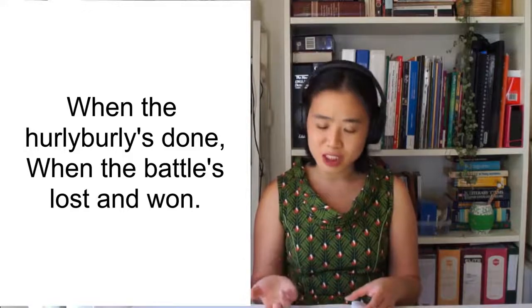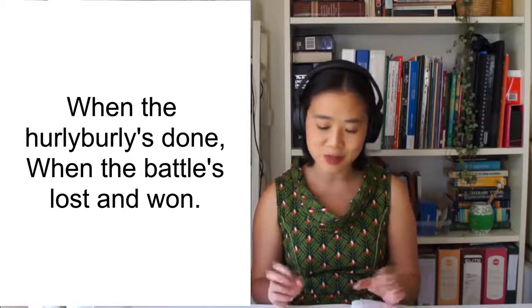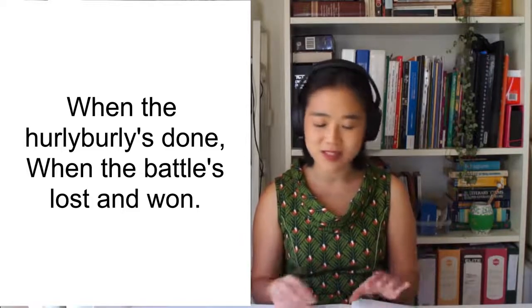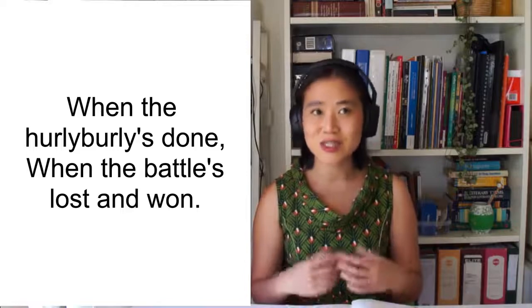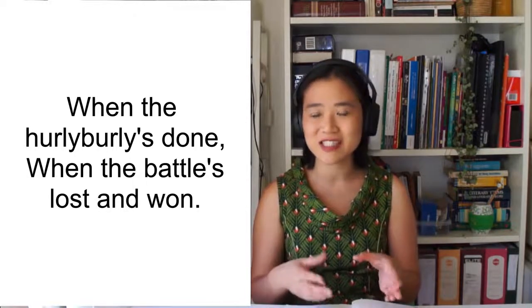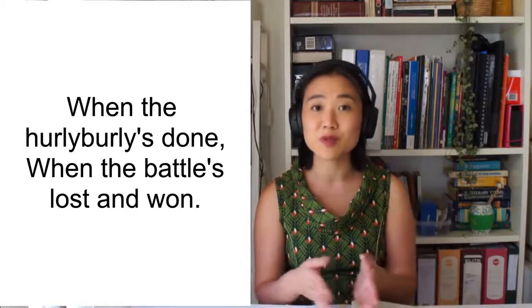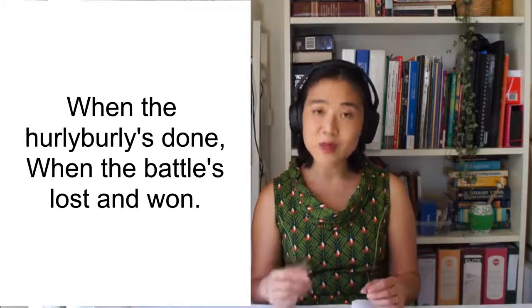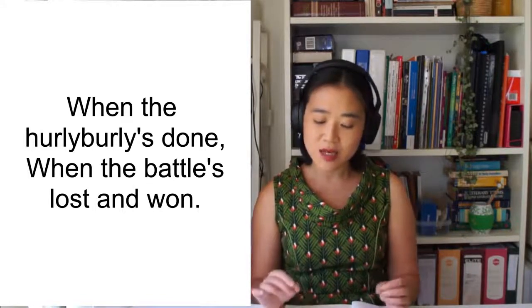And then the third witch jumps in. "That will be ere the set of sun, where the place is upon the heath, there to meet with Macbeth." So the rest of that is really just a bit of padding to introduce, one, the character of Macbeth, and also two, just a bit of plot device, I suppose, to let you know that they will soon meet with Macbeth. Now, what's really significant are those last two lines when they all say together, "Fair is foul